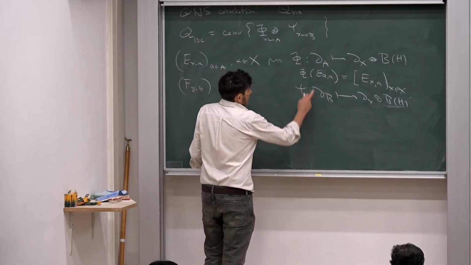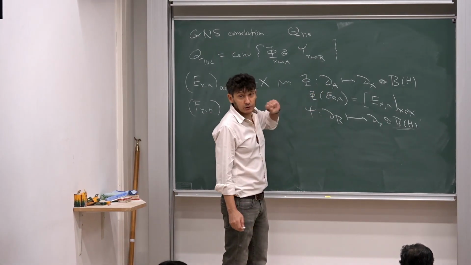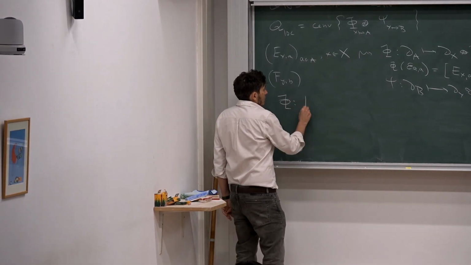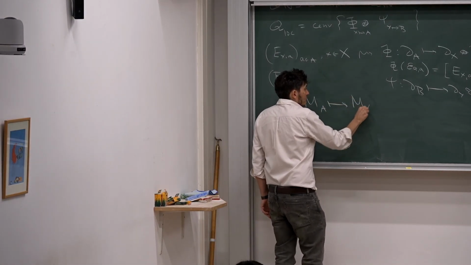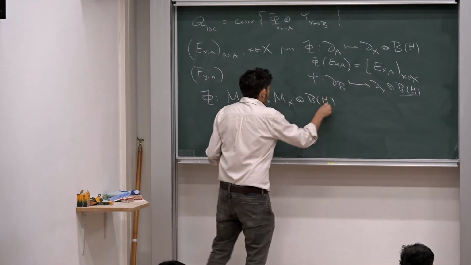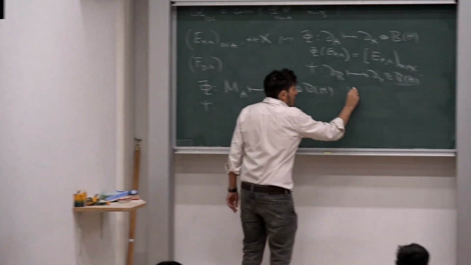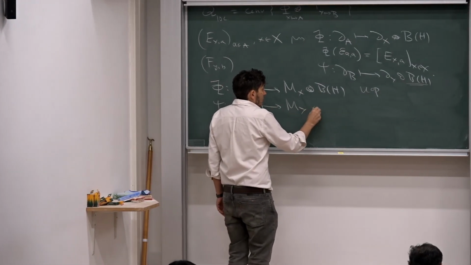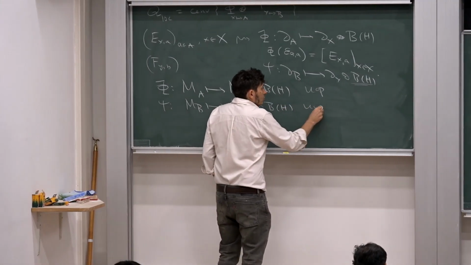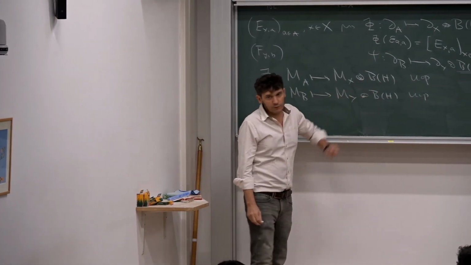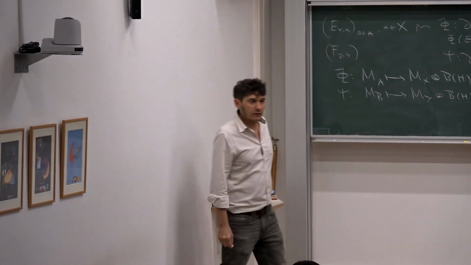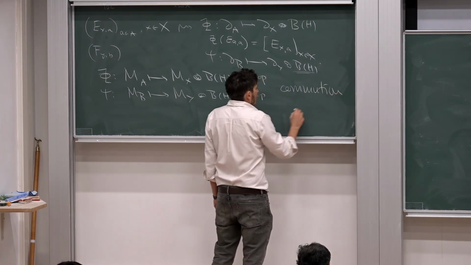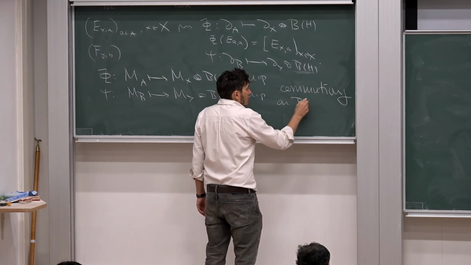So let's quantize this. I replace the diagonal matrix algebras by full matrix algebras. So I will consider phi, which will be from the full matrix algebra of A to the full matrix algebra of X with coefficients. Similarly, psi will be some UCP map on the Bob side, with commuting ranges in the sense that the corresponding operator coefficients arising from these two maps mutually commute. Commuting on the B of H leg.